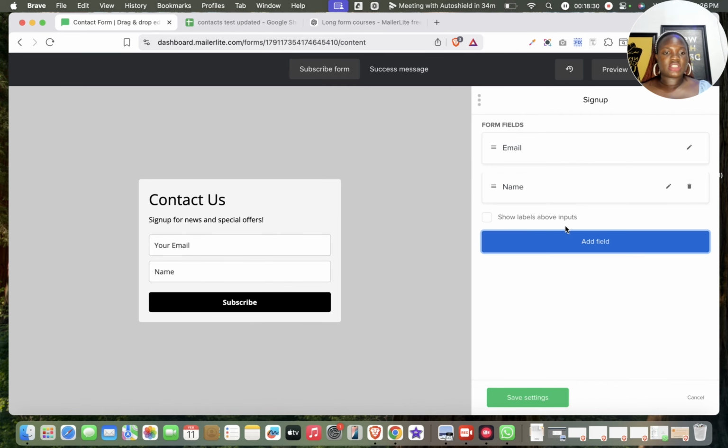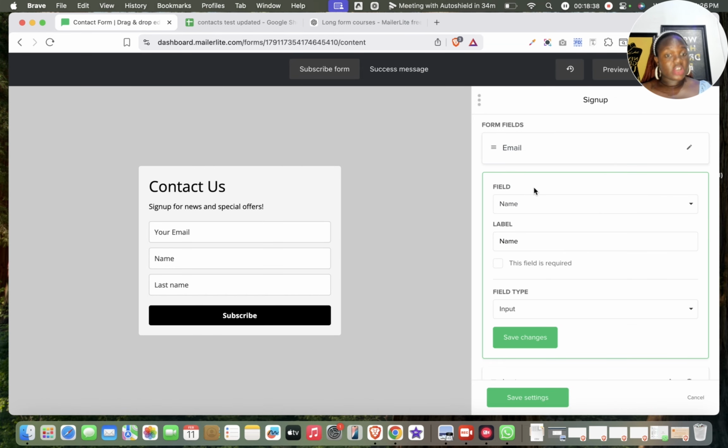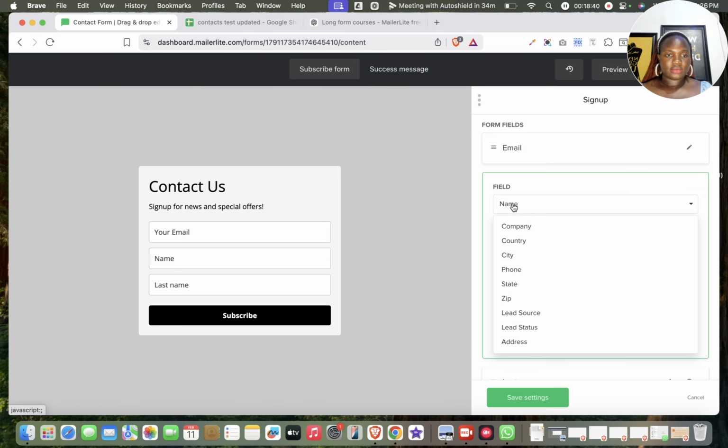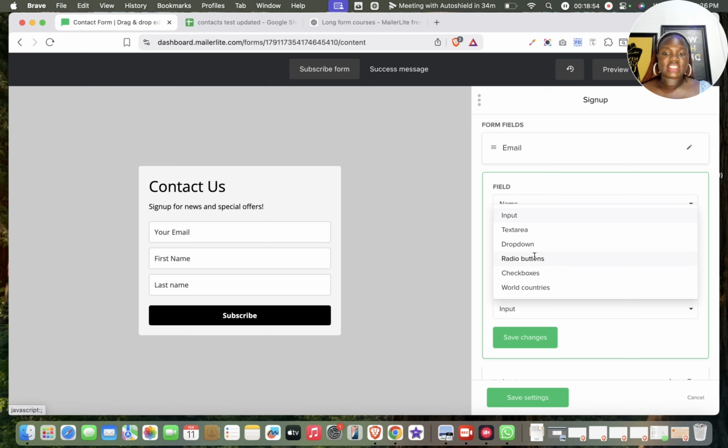You can also add fields into this form. So we have added names. We can add in last name. Instead of saying name, we can say something like first name, so the label is going to be first name. We can say this field is required, and we can say that whatever type of field we are inputting,